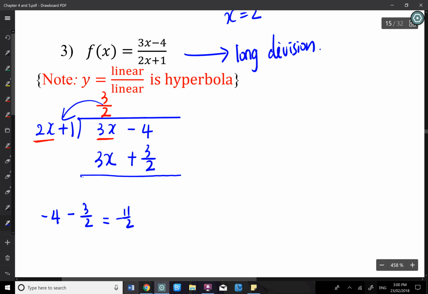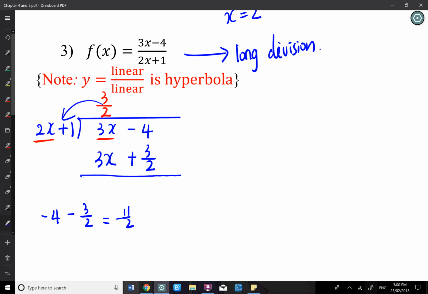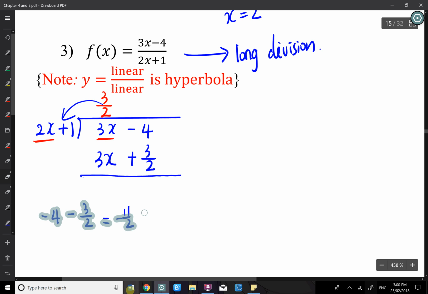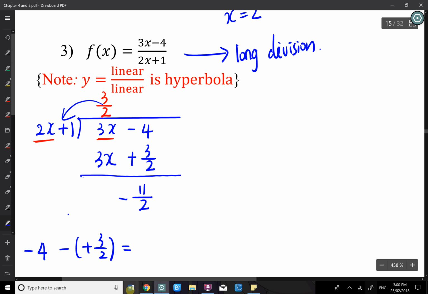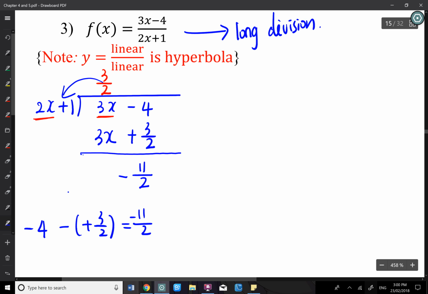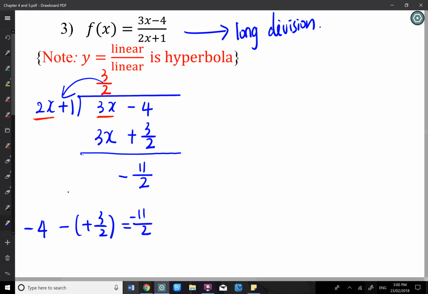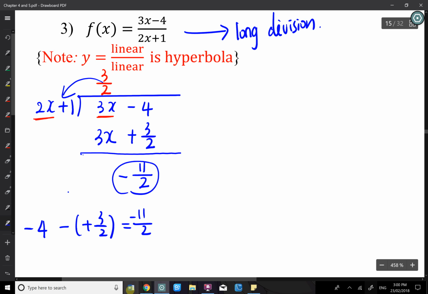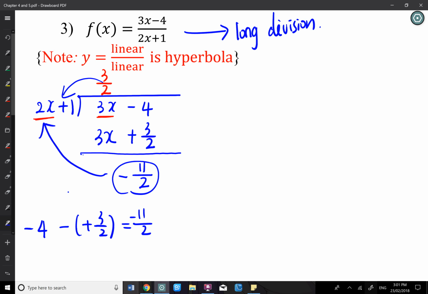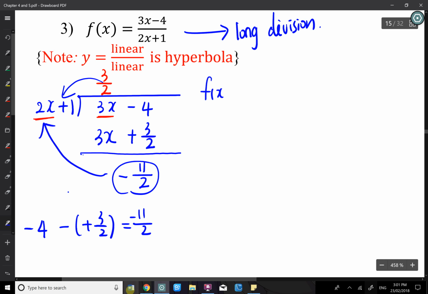A minus 11 over 2. Use the minus 4, subtract the positive 3 over 2. That will give you 8 on 2 minus 11 on 2. And finish. That's done. That's linear divided by linear. It's really easy. You just do one step, because you can't use this to divide that anymore. There's no x left. So this expression becomes, just let me finish,